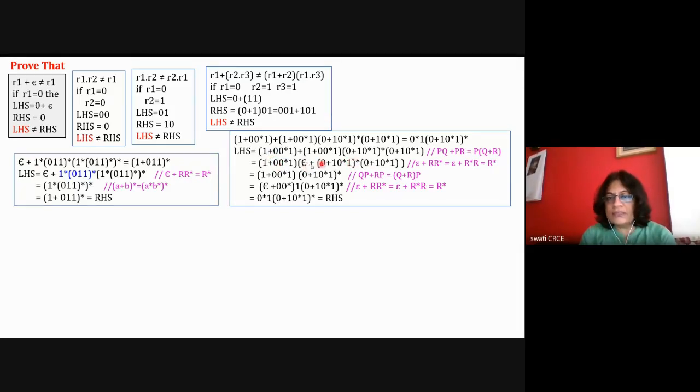Then this is epsilon plus R star R, so we have rewritten it as R star. So R star, meaning this term, we got from here. Since we have got that term, to get this one we take this out as common outside, so we get epsilon here. So this is epsilon plus 0 0 star. Epsilon plus R R star is nothing but R star, so epsilon plus 0 0 star is equal to 0 star. So we got it: 0 star 1 and this 0 plus 1 0 star 1.